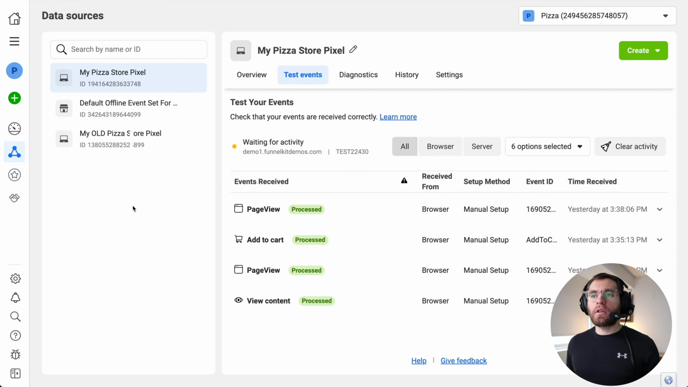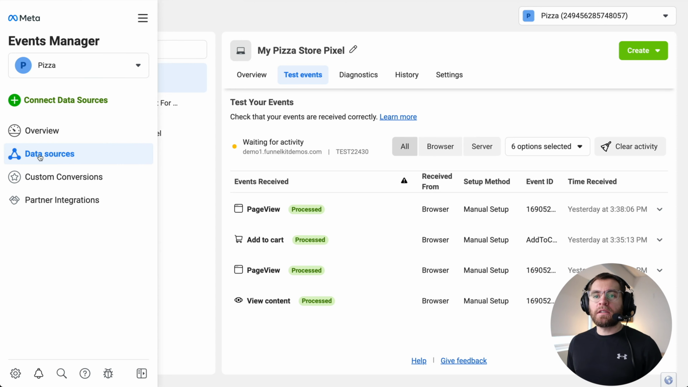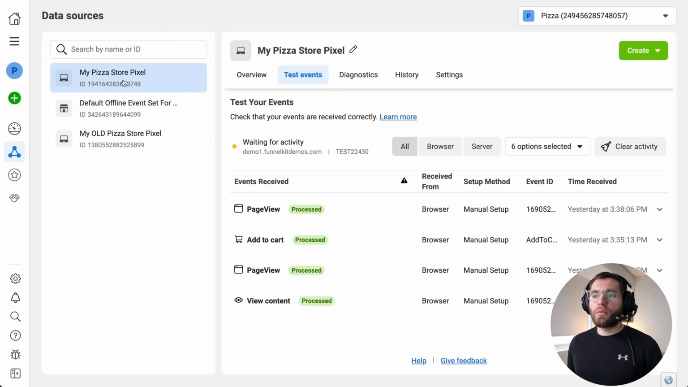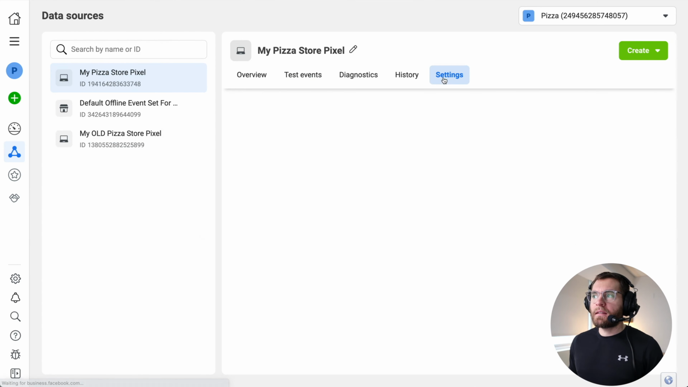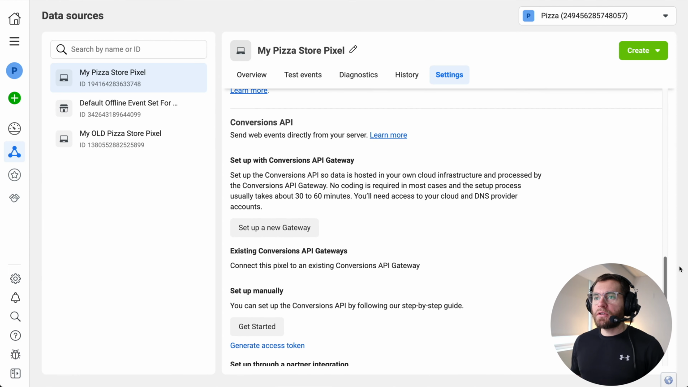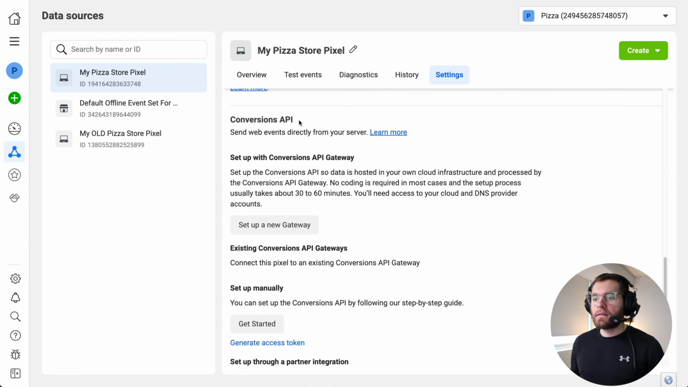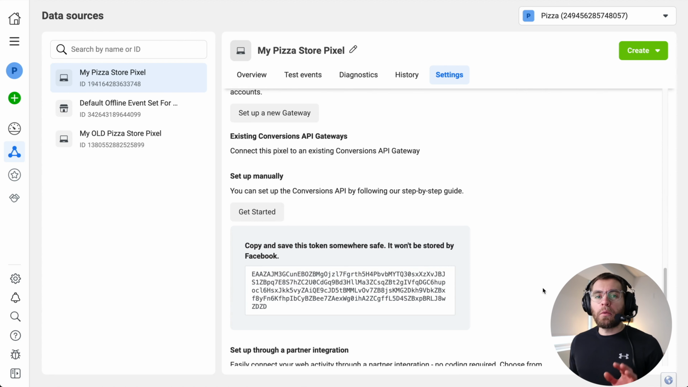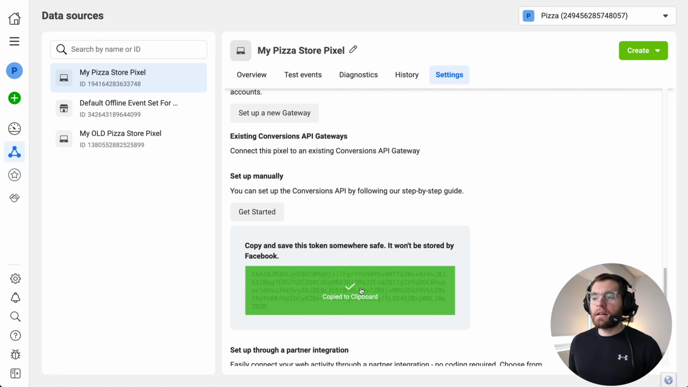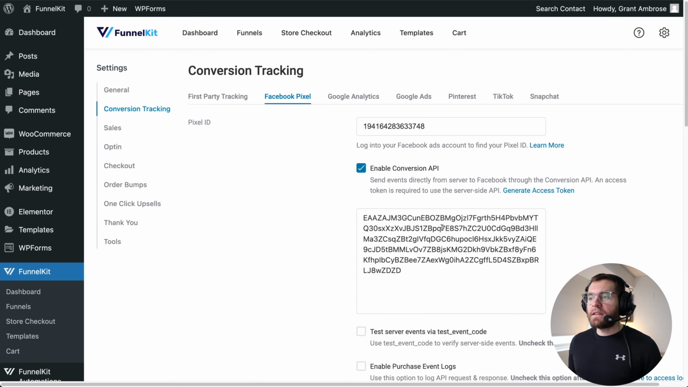To get your access token, go back to your Facebook Business Manager, and again, we're under Events Manager and Data Sources. Then click on your pixel, then go to Settings, and scroll down the page until you see Conversions API. And under Setup Manually, click on Generate Access Token. That will reveal your access token. So if you hover, you can click to copy that to your clipboard,